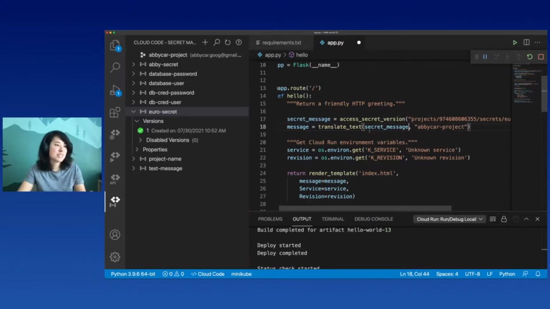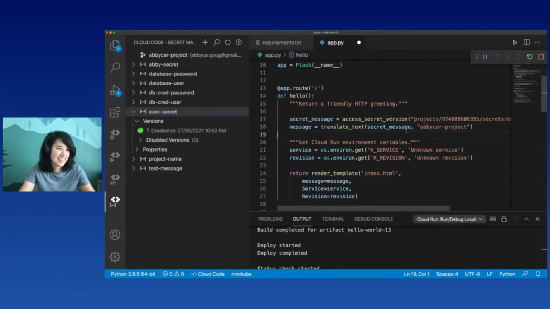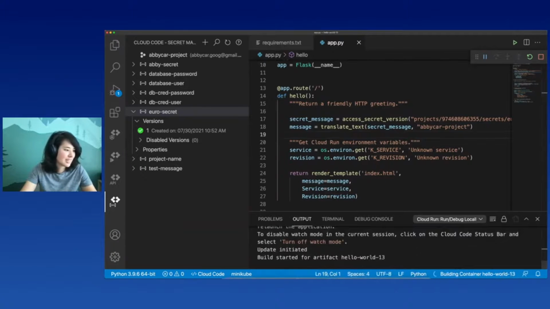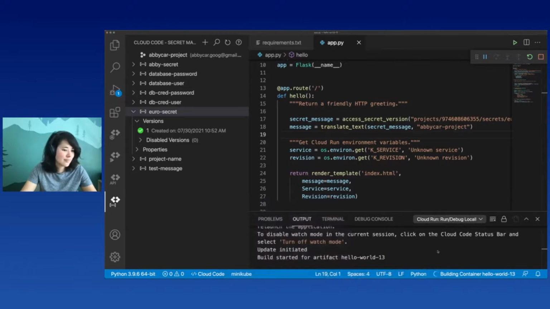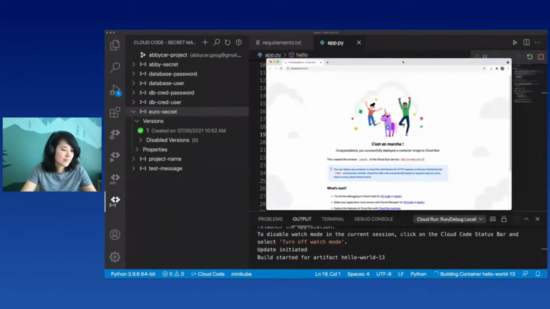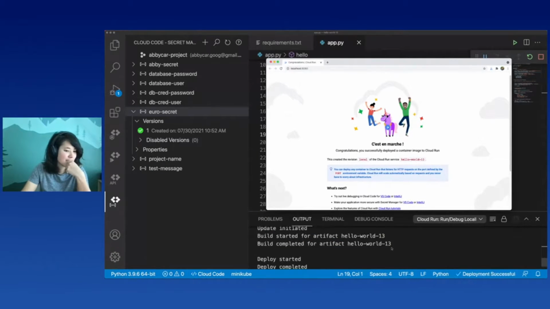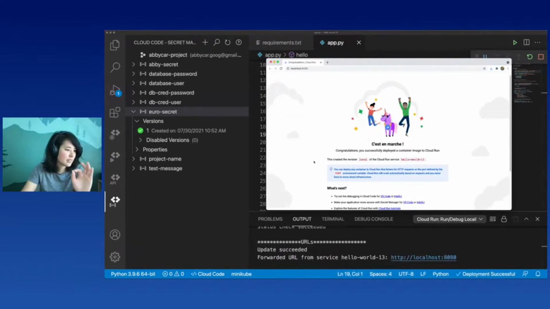Okay, so ideally this will translate my secret message and we'll see it on my little app. So I'm building and deploying again. Let me find my application. Okay, still building. Deploying. Looks like it's done. I'm going to give it a second so that it finalizes. Okay, now let's try and refresh. All right, there is my secret that has now been translated and it's displayed in my Cloud Run emulator